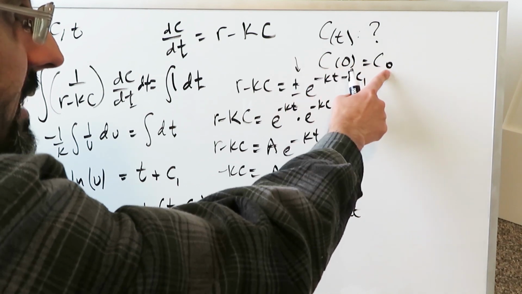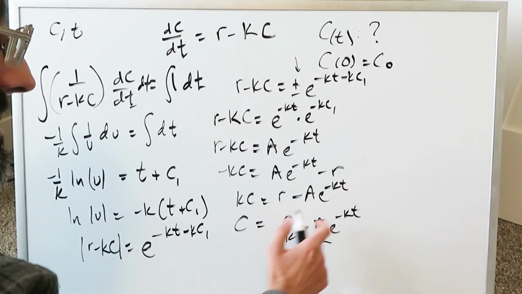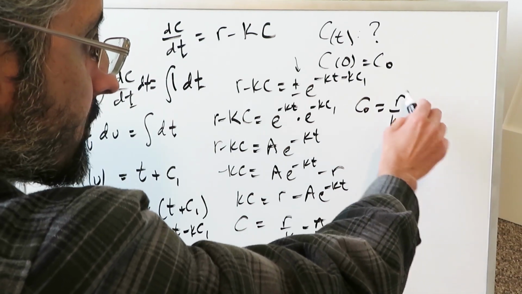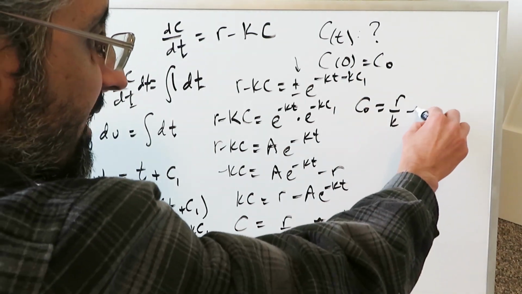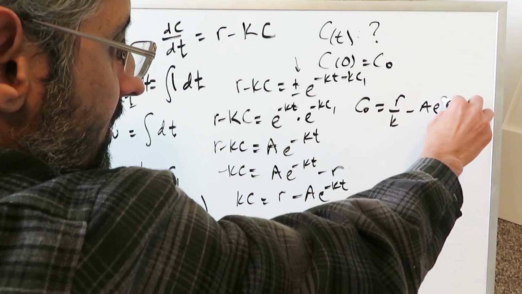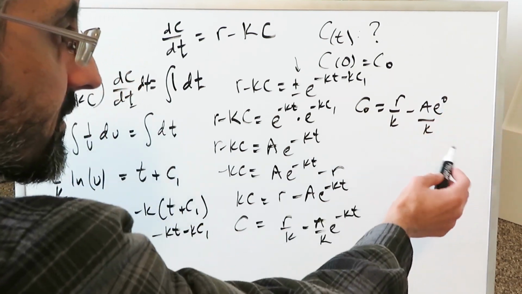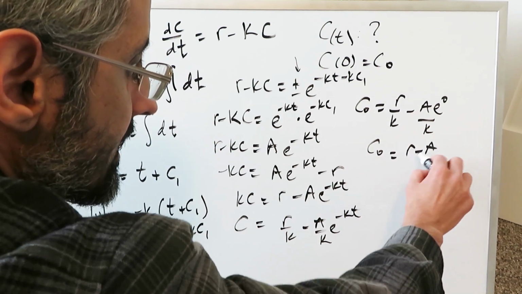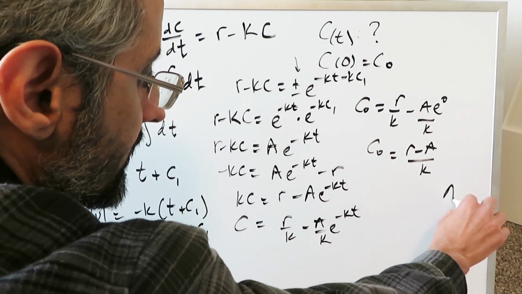At time 0 we have an initial concentration of C0. At time 0 we'll have this value, r over k, and we're putting 0 here in place of t. We'll have minus a e to the power of 0 over k. E to the power of 0 is just a 1. We'll have C0, initial concentration, is equal to r minus a over k, and you're solving for that a because